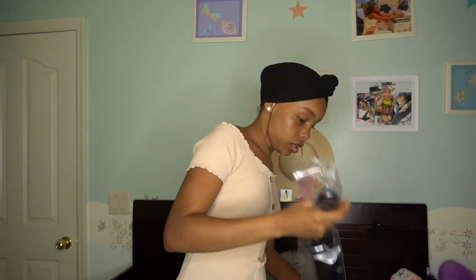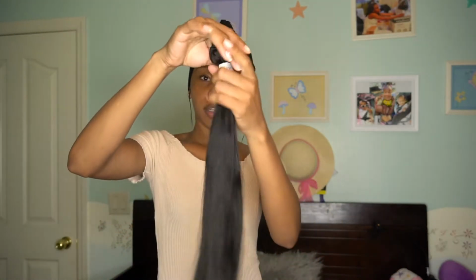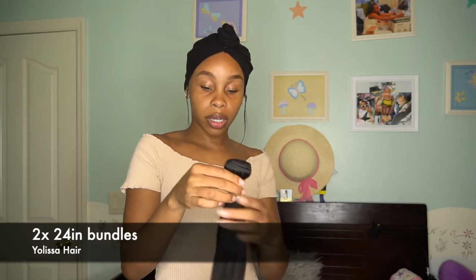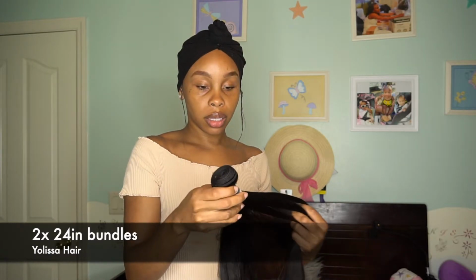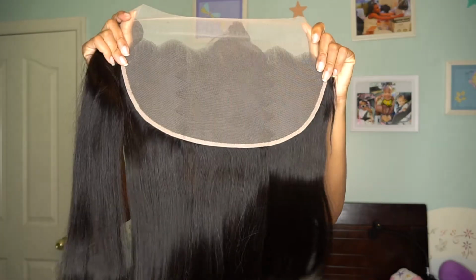So let's open up these bundles, child. I'm excited. I'm so excited. I don't think I've ever worn long hair like this before. This hair is everything. It looks like the longer the hair gets, the thinner it is. But that's why I got 2 of the 24-inch bundles so that the unit can be kind of thick. And with the 13x6 frontal, they state that you usually only need 2 bundles because the frontal is so,